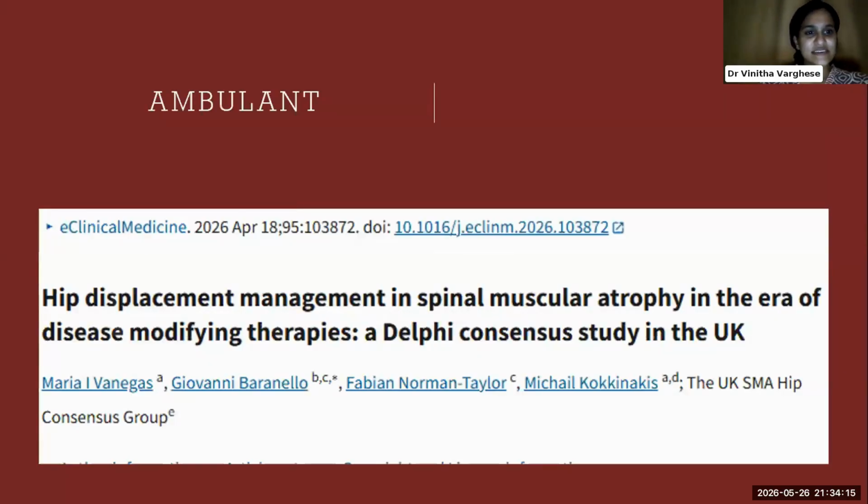Yeah, so this is, I think, worldwide, not just in India, we don't have any sort of guidelines for the hip. And interestingly, this just came out last month, where they're talking about it, and this is a Delphi consensus. What happens is they've actually taken the hip study from cerebral palsy and translated that into SMA. Now, a lot of questions about tone and the way the muscle phenotype is different, how can it